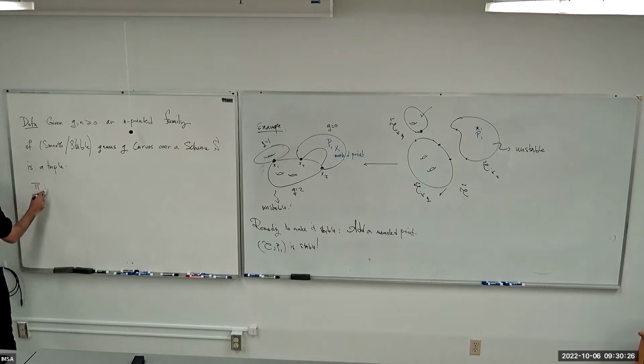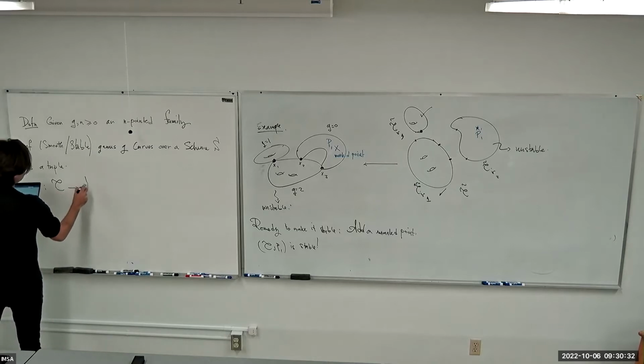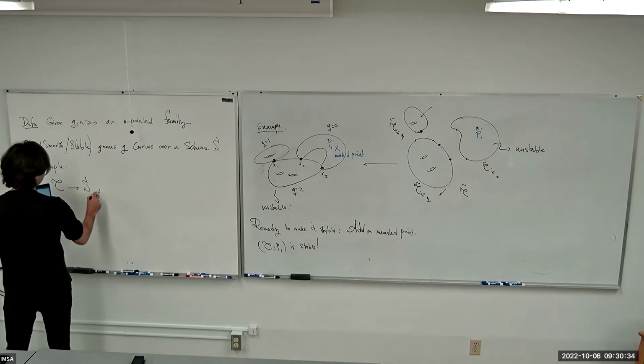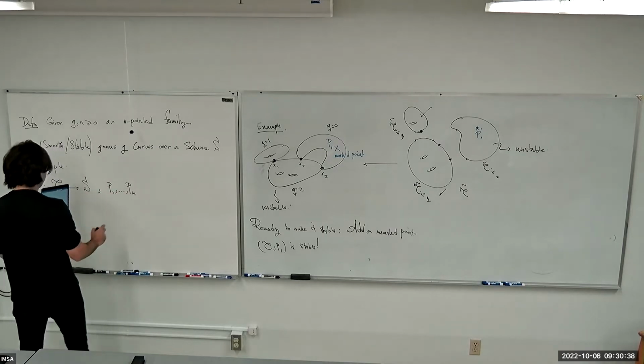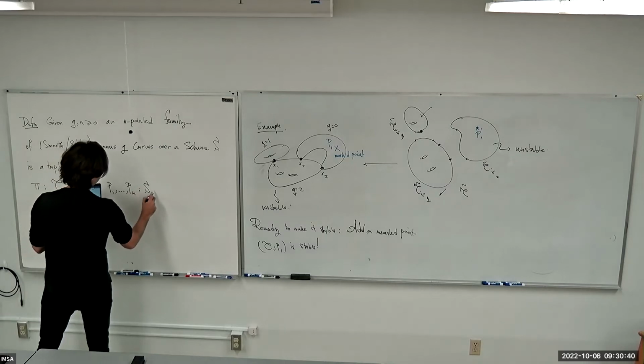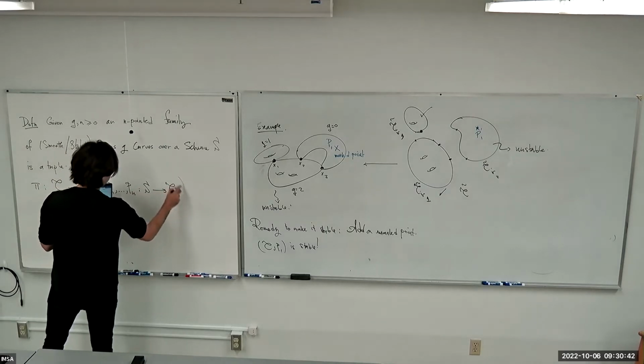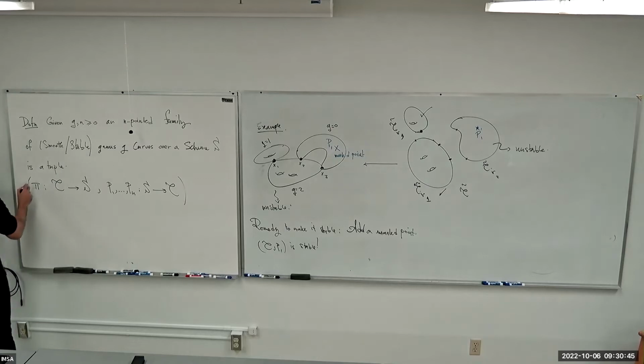It's a map from the total space of this family, I'm going to call it C, to S, together with markings P1 to Pn, which are maps from S to C. So it's a tuple like that, where